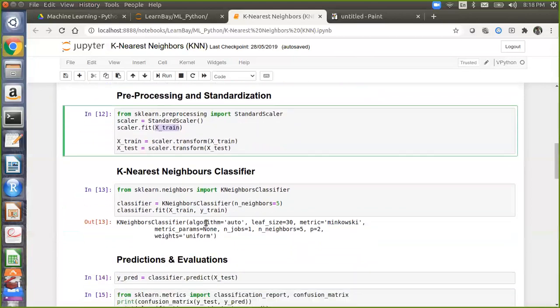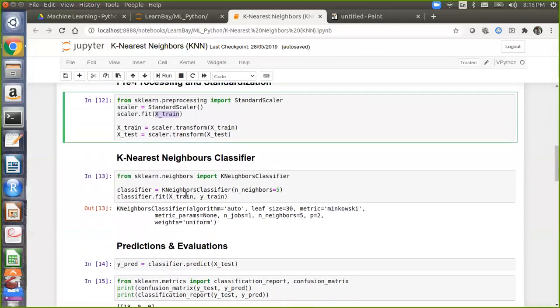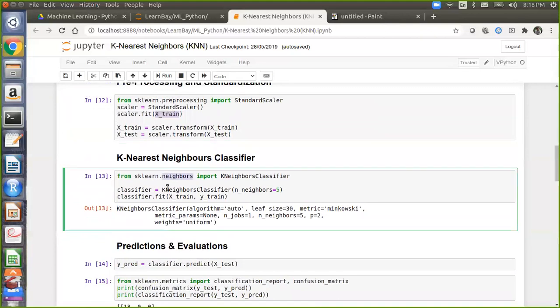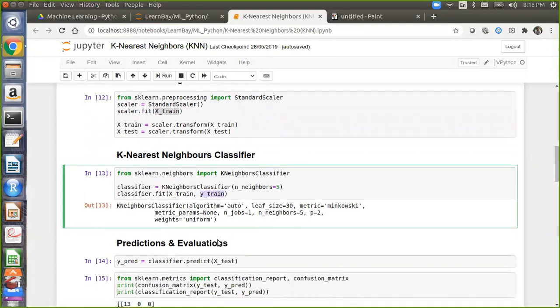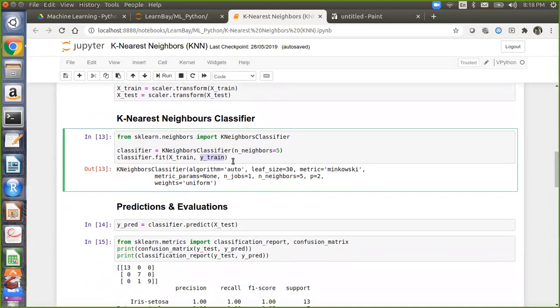Now we are making a K nearest neighbor algorithm. It is available in the sklearn library, and in the classifier right now I have passed n_neighbors equal to 5. So for predicting a particular class, you should use 5 neighbors, and I am fitting on X train and Y train. Right now I have passed 5 neighbors, but I'll show you how to find this out. With this I have trained my model on X train and Y train data, and now I am doing the prediction on the X test data.